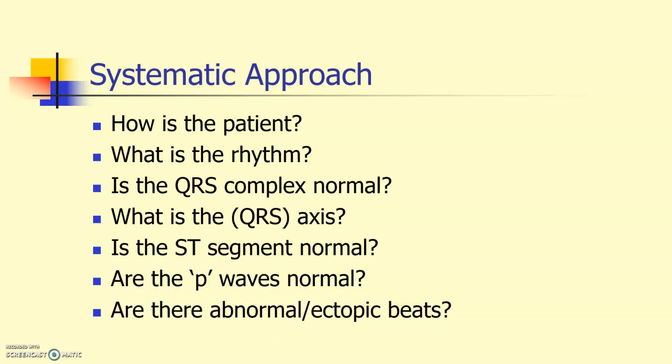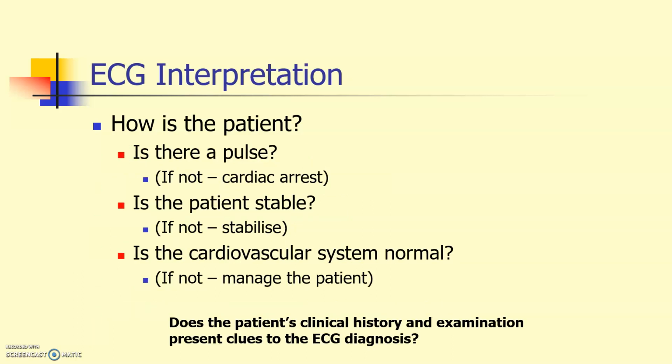And the approach we're going to use is this. First, we're going to look at our patient, then diagnose the rhythm. We'll have a whole lecture on rhythm diagnosis in the 4th part of this lecture series. Look at the QRS complexes, the axis, ST segment, and then finally the P waves, and looking for any abnormal or ectopic beats. When we ask about the patient, the first thing we ask is does the patient have a